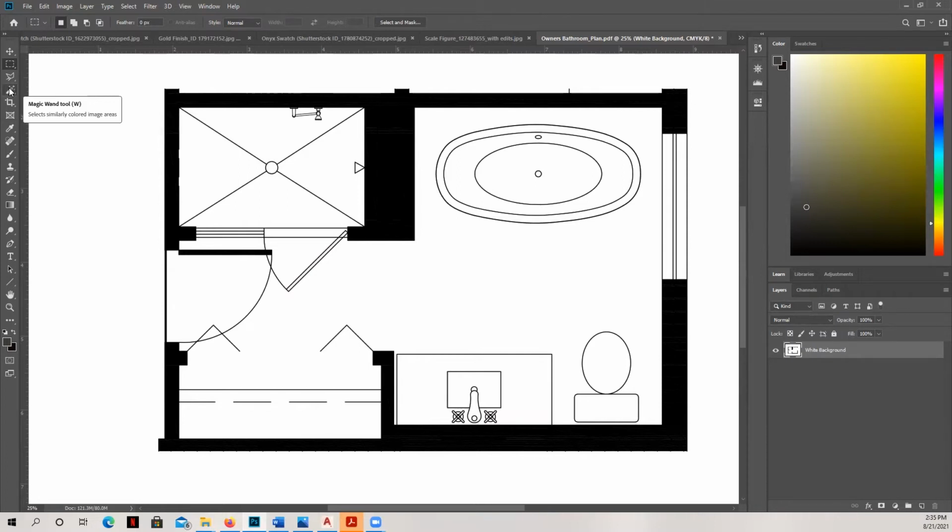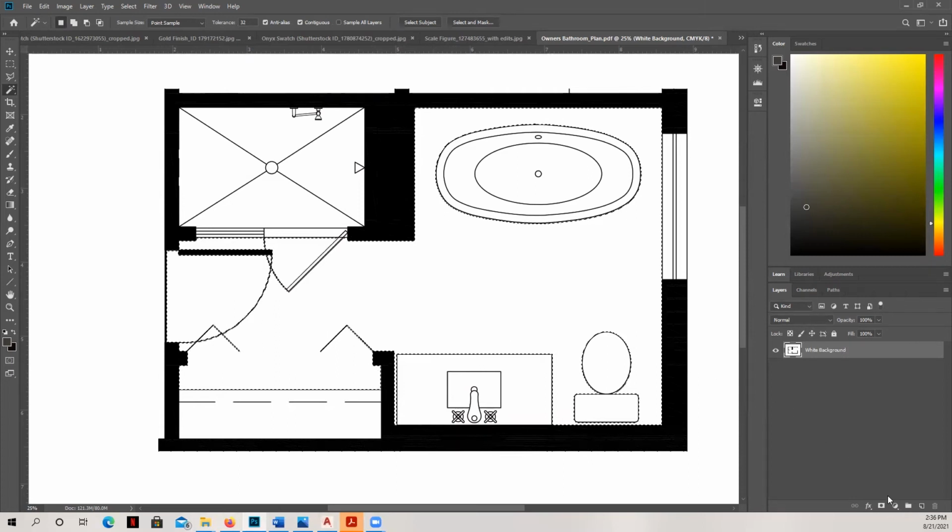Now I'm going to go ahead and hit this magic wand tool up here, and I'm going to start to click all of the areas that would have wood flooring. Now you can see it's bound by line work here, so we have to make sure that we get everything. I'm going to hold down my shift button to grab and add additional elements here. If you grab something that you didn't mean to grab, you just hit Control Z for undo. Okay, and so you can see we've got all of the selected area highlighted.